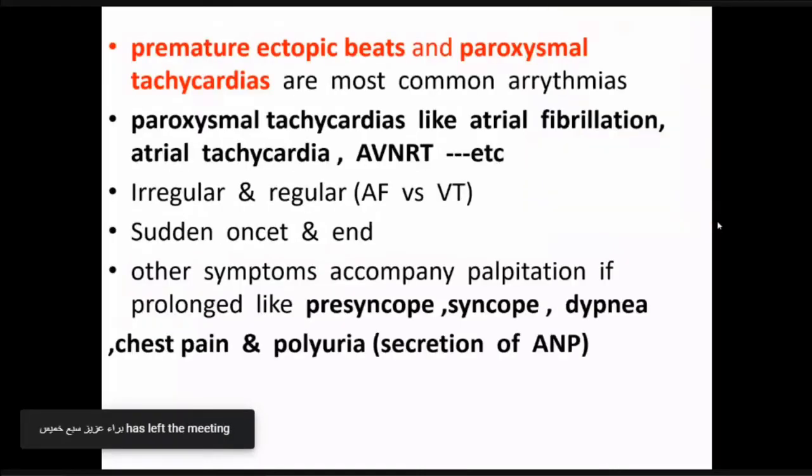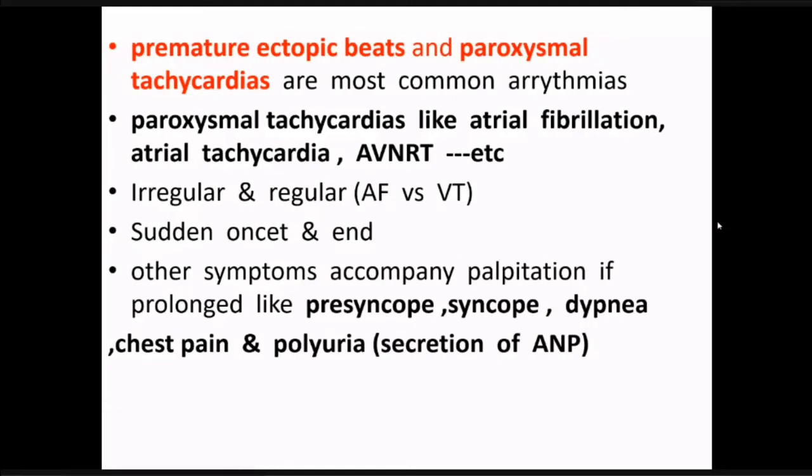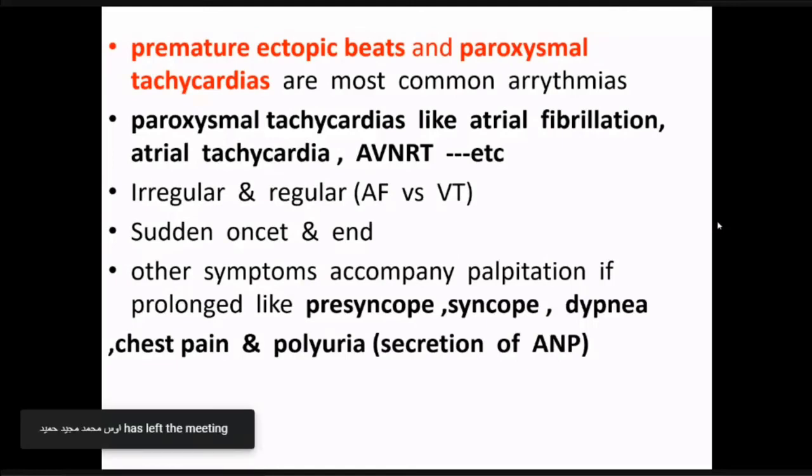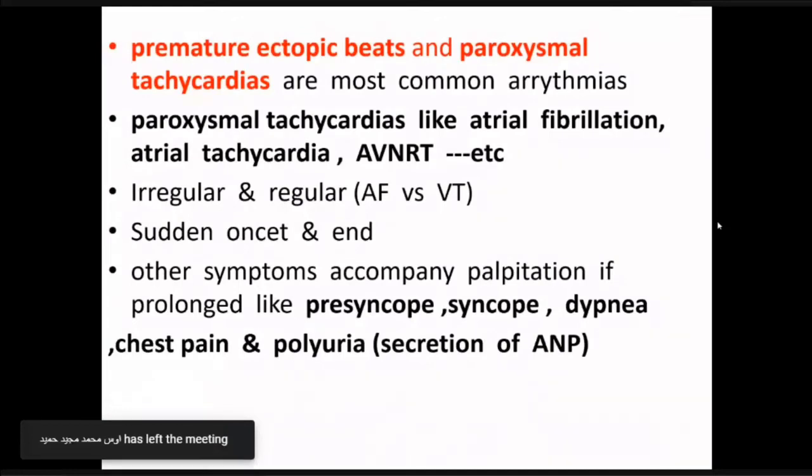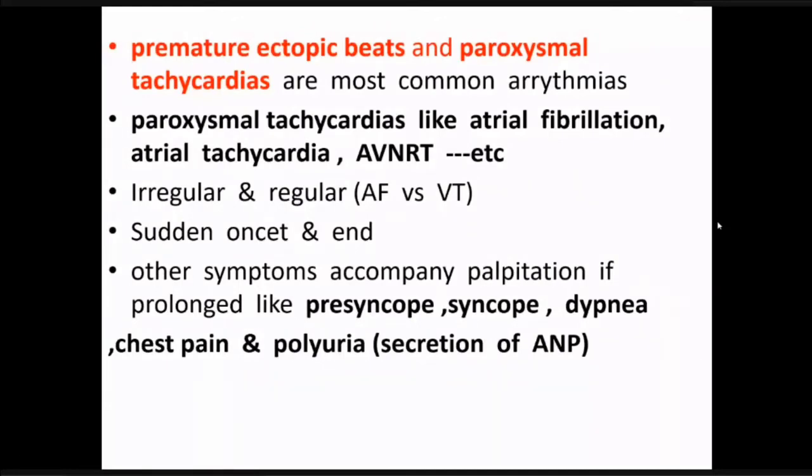Premature ectopic beats and paroxysmal tachycardias are the most common arrhythmias. Arrhythmias means abnormal rhythm of the heart. This is the arrhythmia. نجي عليها إن شاء الله محاضرات قادمة. Paroxysmal tachycardias like atrial fibrillation, atrial tachycardia, ventricular tachycardia, all of these are causes of arrhythmias and that can cause